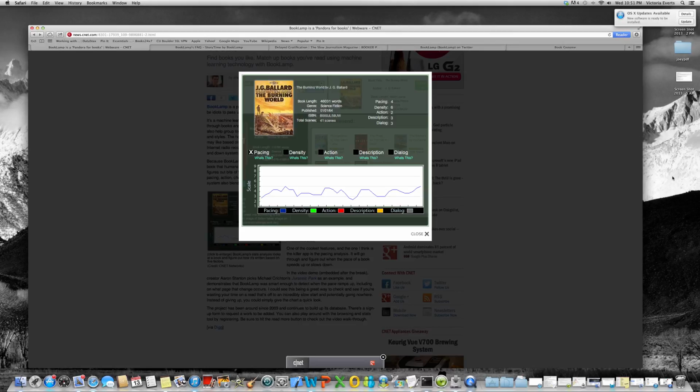visualization that's from news.cnet.com, looking at the way that you can understand different categories in pacing, density, action, description, and dialogue. And so here you just check pacing, and it will show you on a scale of 1 to 9, and these are compared to other books. So if it's at a 2, it means that its pacing is faster than